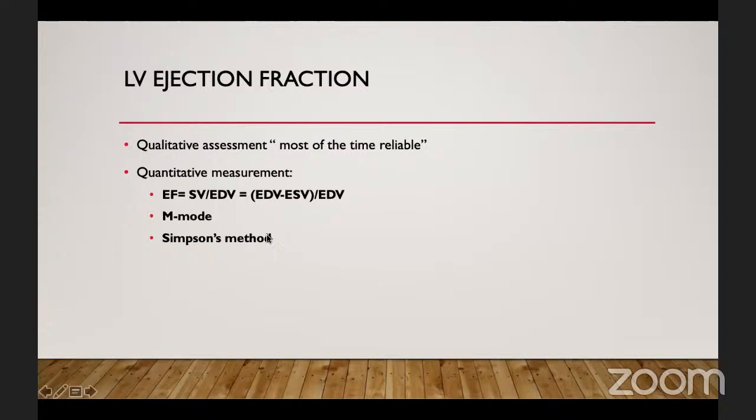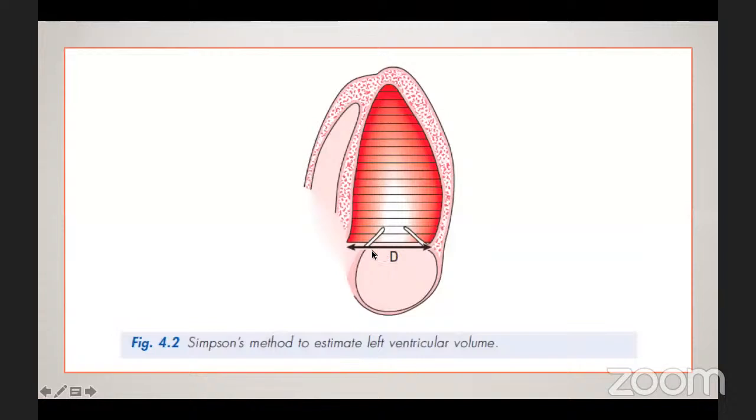echocardiographers will use what's called the Simpson's method. In Simpson's method, you will trace the endocardium of the LV, and usually it's a biplane. You take a 4-chamber view and a 2-chamber view, and you do your measurement in diastole and systole. So,